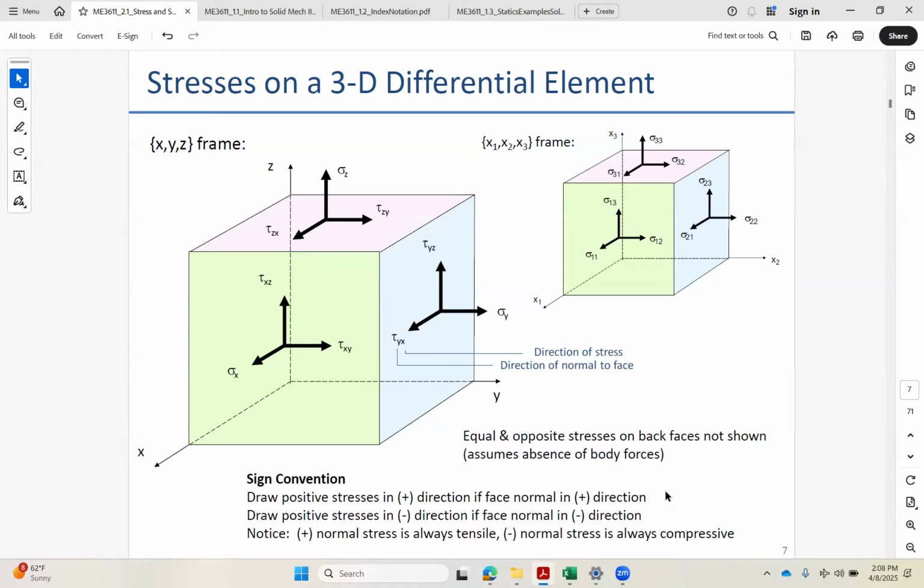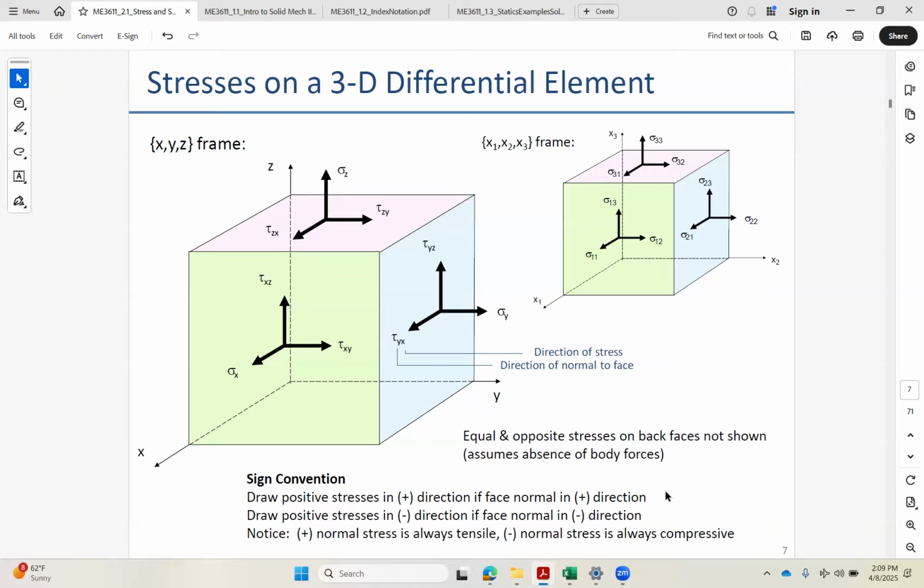The first letter tells us which face to be on. Likewise, the y plane is going to be this blue one on the right. All of that blue plane is perpendicular to y, and tau yx, sigma yy, tau yz are all going to reside on there. And then on the top, the red face is perpendicular to z, so all those first subscripts are going to be z. The first subscript tells us what face we are on, and then the second one gives us the direction of